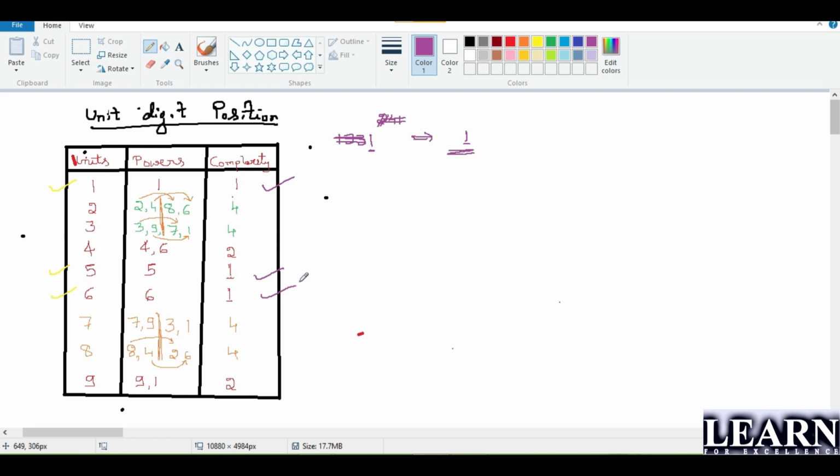Okay guys, now I'll take one more number. 465 to the power 783. What is the unit digit, guys? What is the unit digit of this number? Yes, good. It is 5. Why is it 5? Because the cyclicity of 5 is 1. So I can say 5 to the power anything ends with 5. So I can directly say the unit digit of this number is 5.